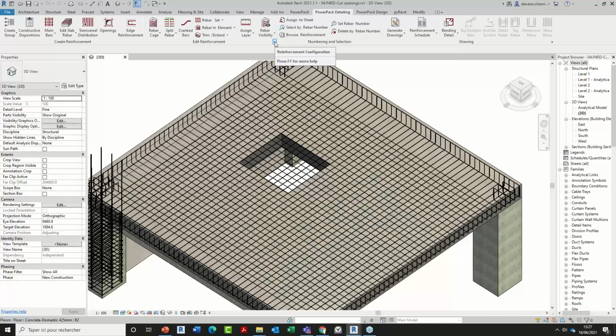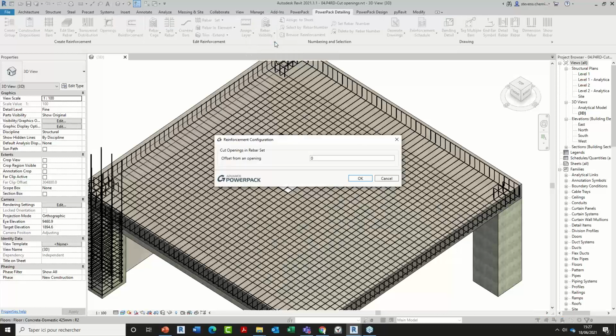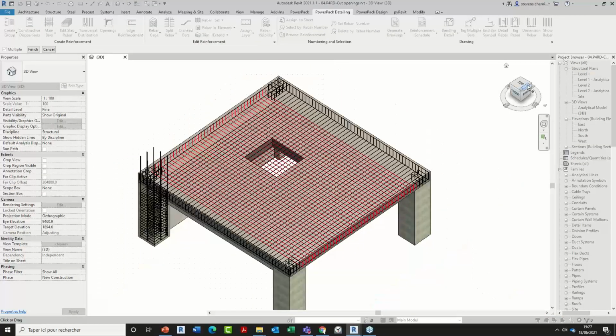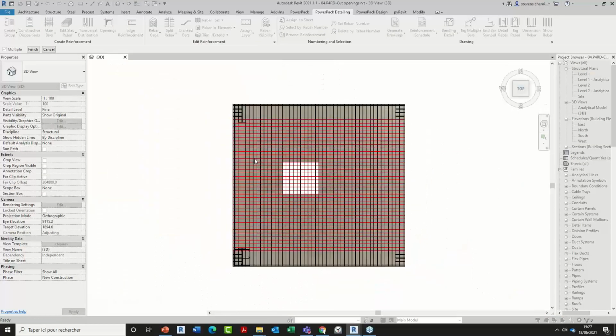I will go into the reinforcement configurations dialog box here, and I can place a value which can now be used as an offset for this cut opening command, meaning that now when the user launches the command cut opening into rebar set, if I select this rebar set here, I will press OK.